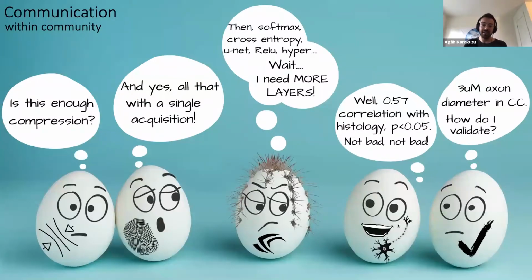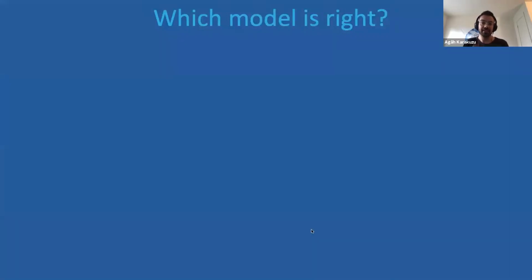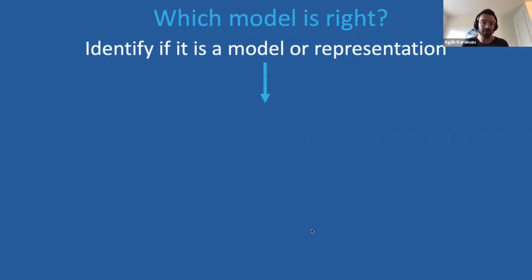So how we study matters, so does how we communicate. We need to think about the role of our society in improving communication as well. And we have different sub-communities in ISMRM, and each of them almost has their own language. And we should find ways to break these different eggs to make a community omelet that has a coherent taste and is nutritious for everyone. Because good science communication is important to make decisions about models. So when we ask the question, which model is right, we first identify whether it's a model or a representation.